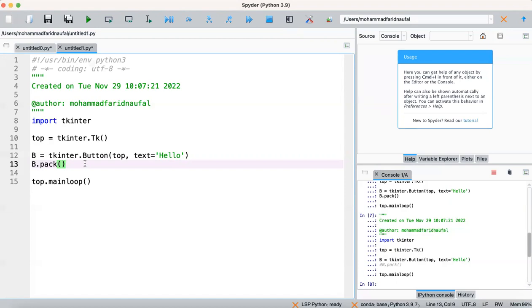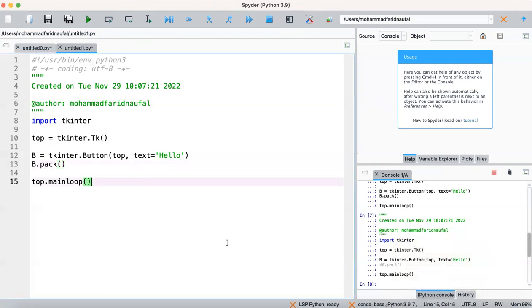You need to close the previous GUI, then you can run it again. We cannot execute two GUIs at the same time. So we need to close our previous GUI, then we can just run it again.